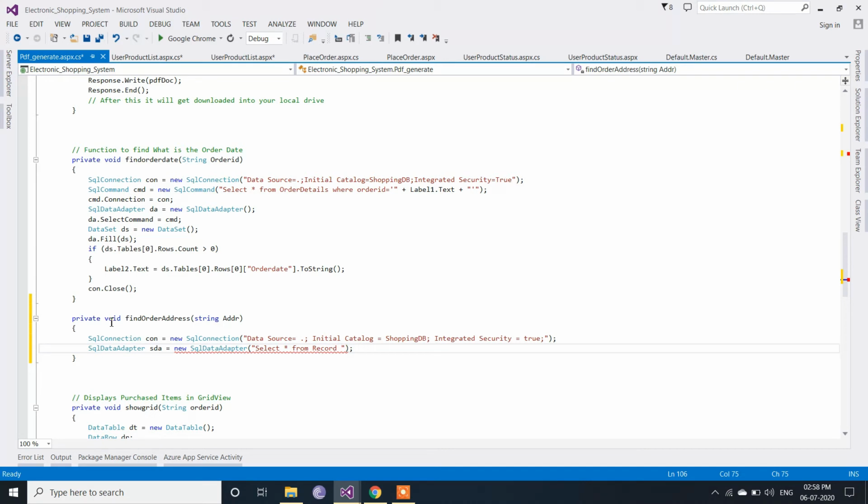Select star from record, that is the table name, where email is a column name inside the record table.